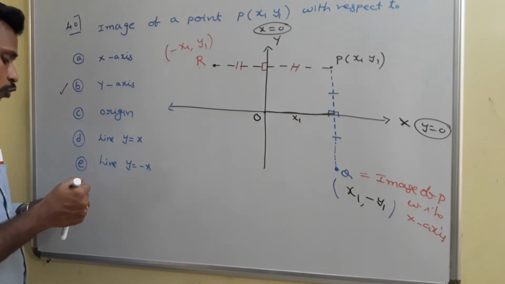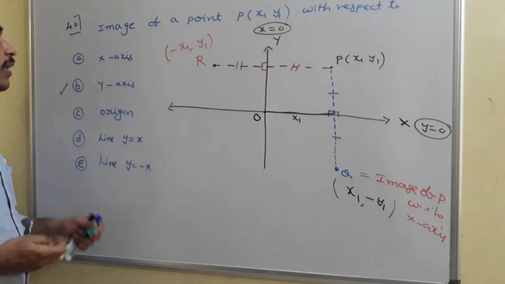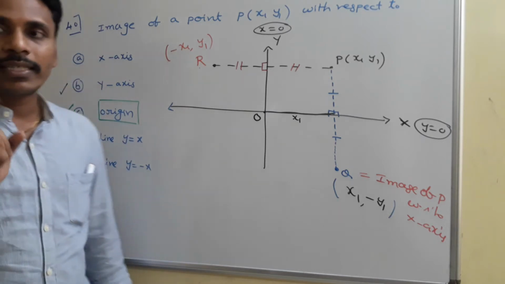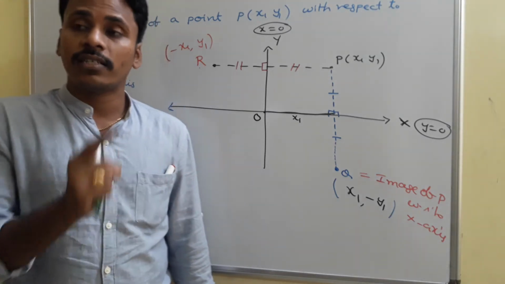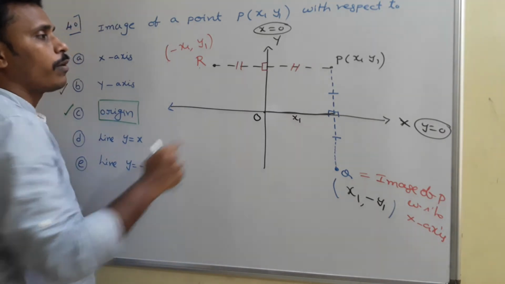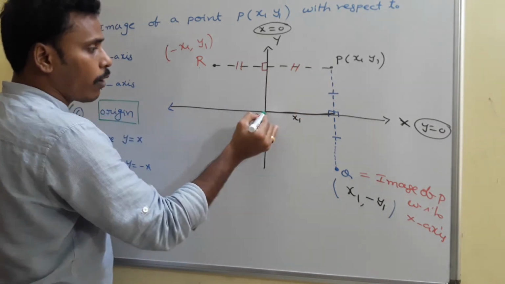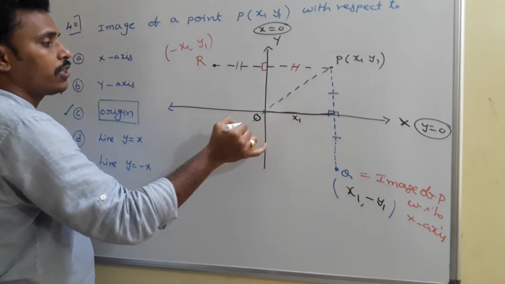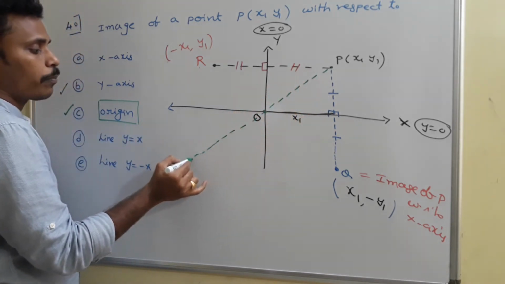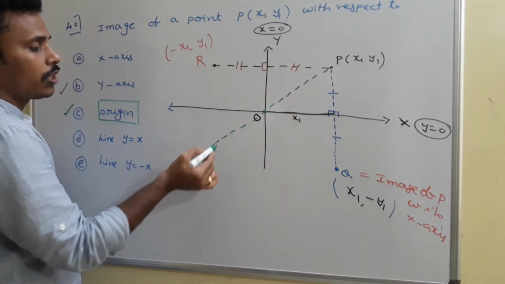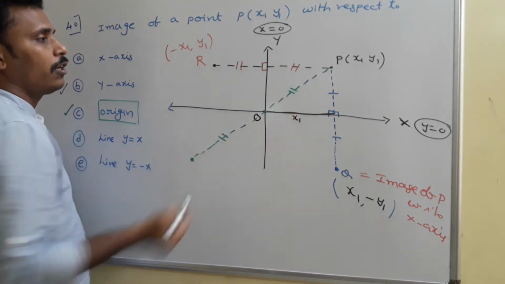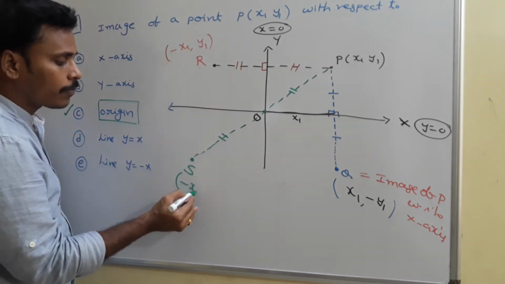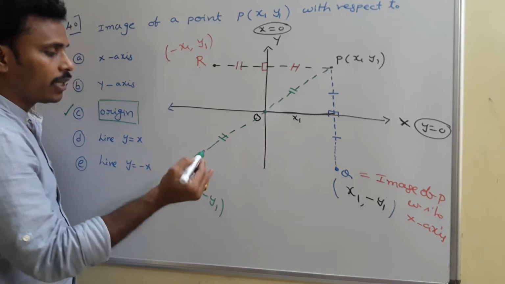And the third thing, if you look there, they are asking us to find the image of the point P (x1, y1) with respect to the origin. Basically, the origin is not a line, but still we usually write the image of the point with respect to the origin. So this is the point, this is the origin. The image of the point with respect to the origin is nothing but a point which passes through the origin and is equidistant from the origin in both directions. Since that point is (x1, y1), we will say this point is (minus x1, minus y1).